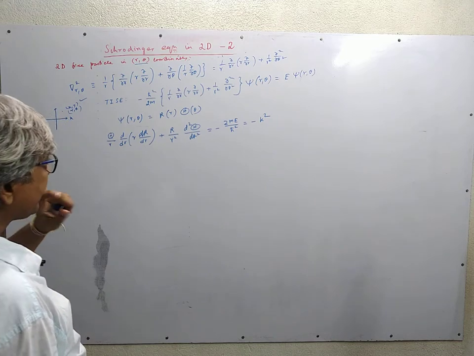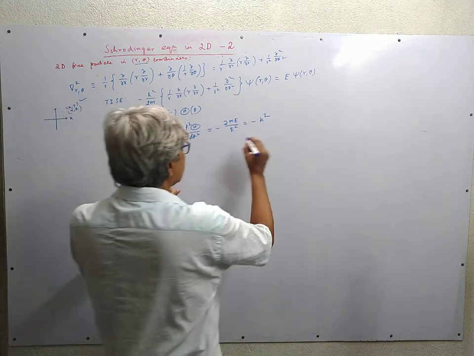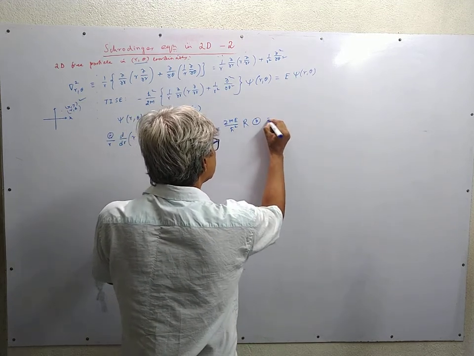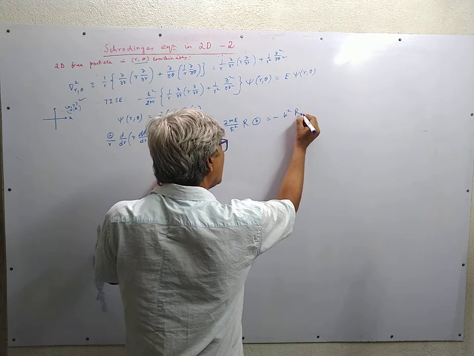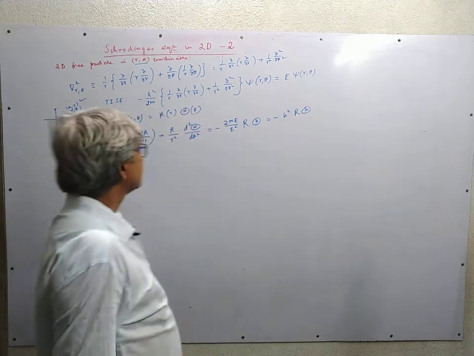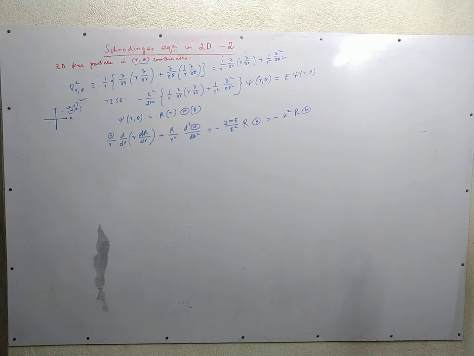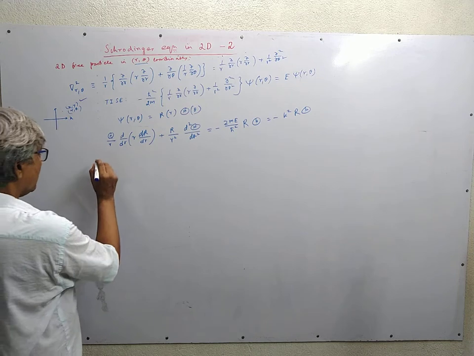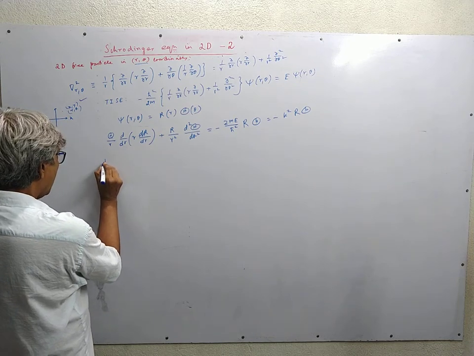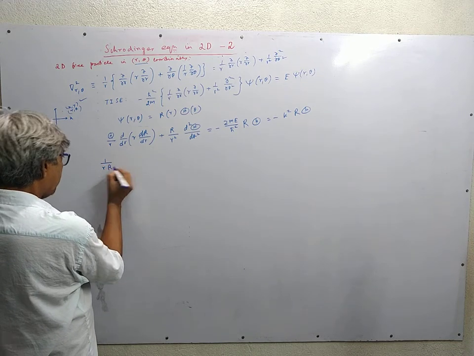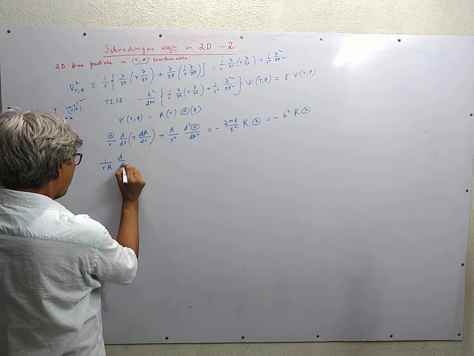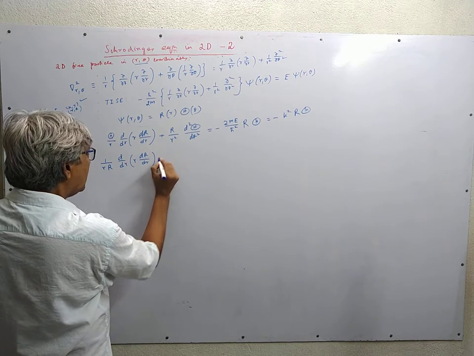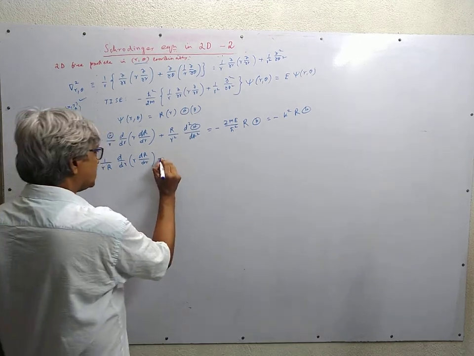This is minus k square R of Theta. Now for a non-trivial solution, we divide both sides by R Theta, so that this equation becomes 1 by small r capital R d dr of r dr plus